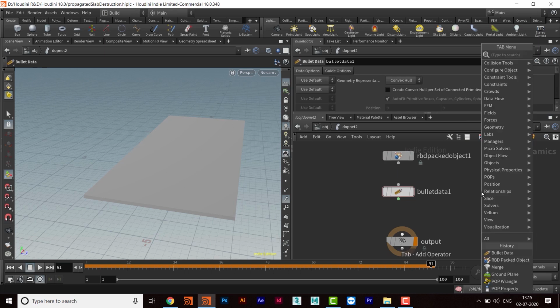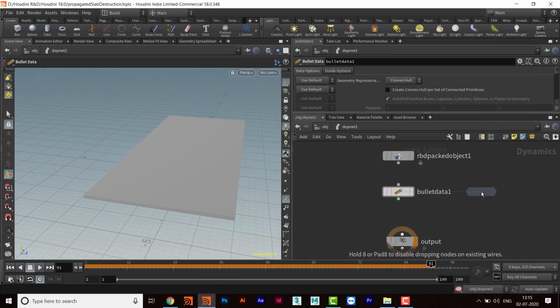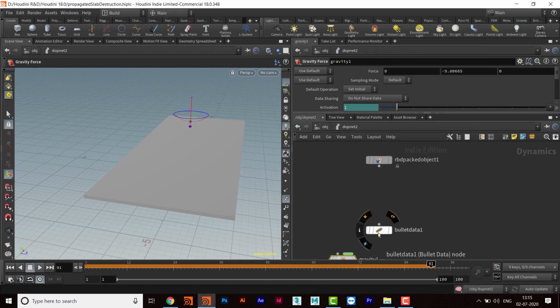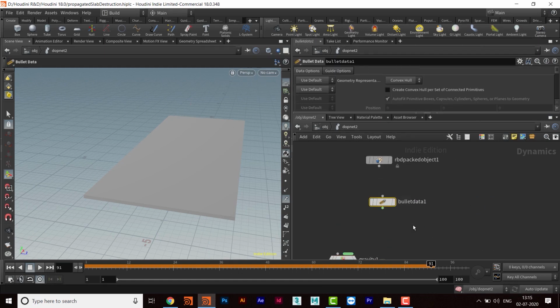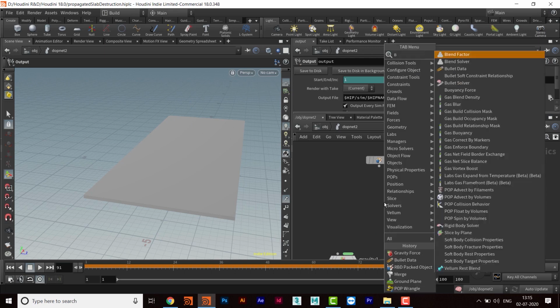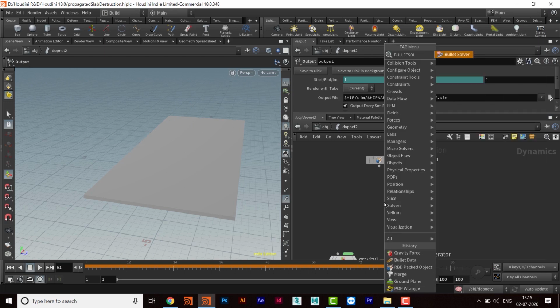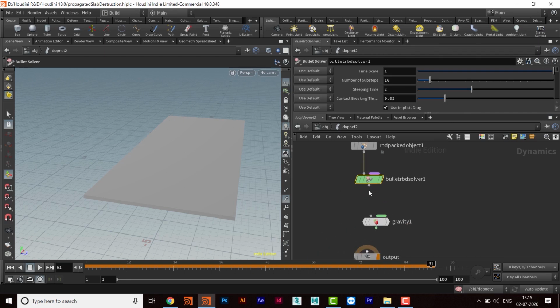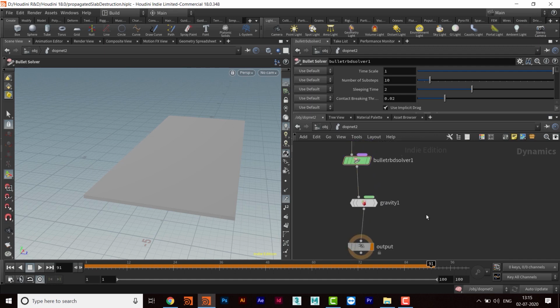And then next gravity. No, not bullet data, sorry, that is bullet solver. And then gravity and then output.